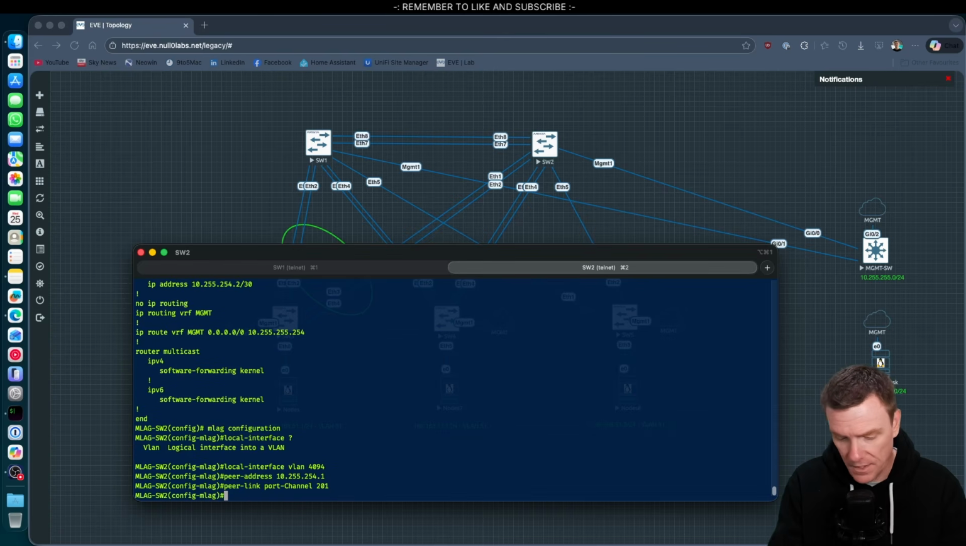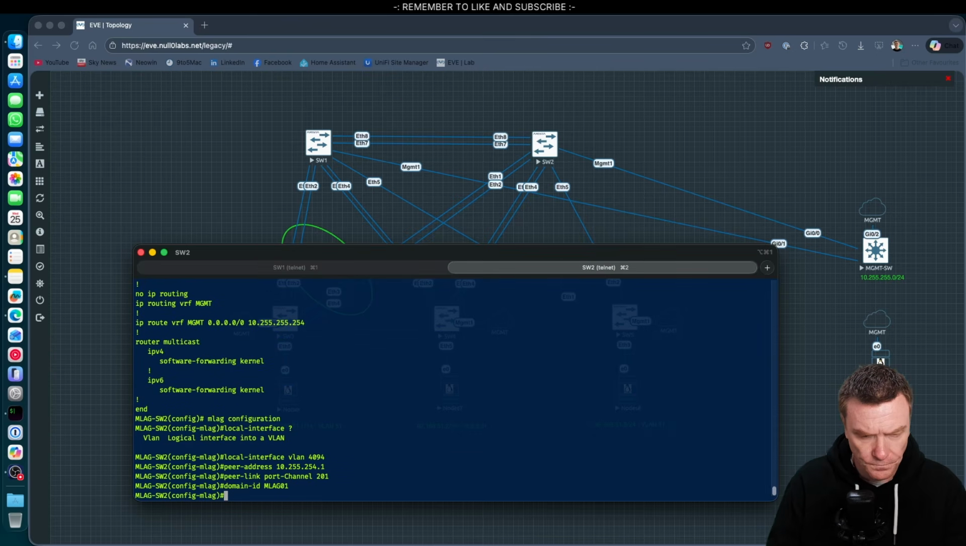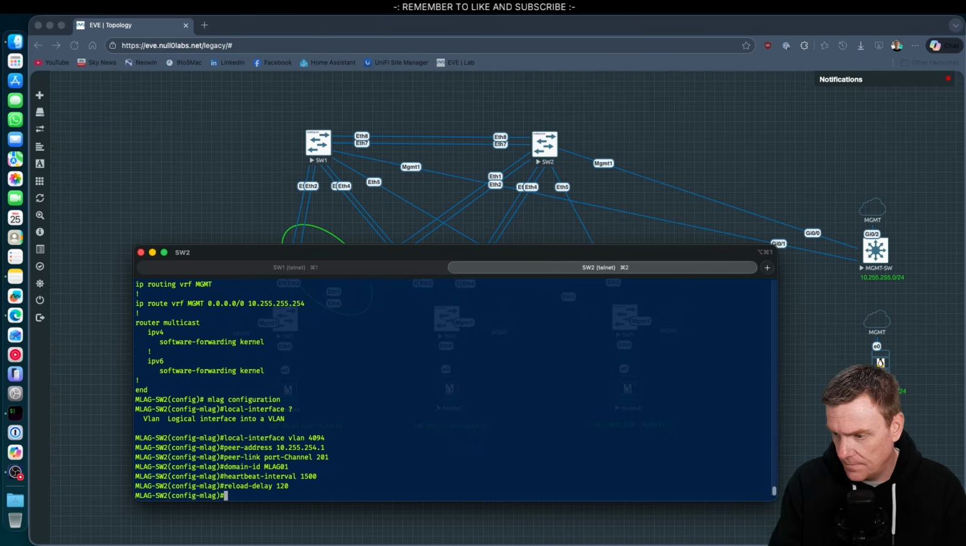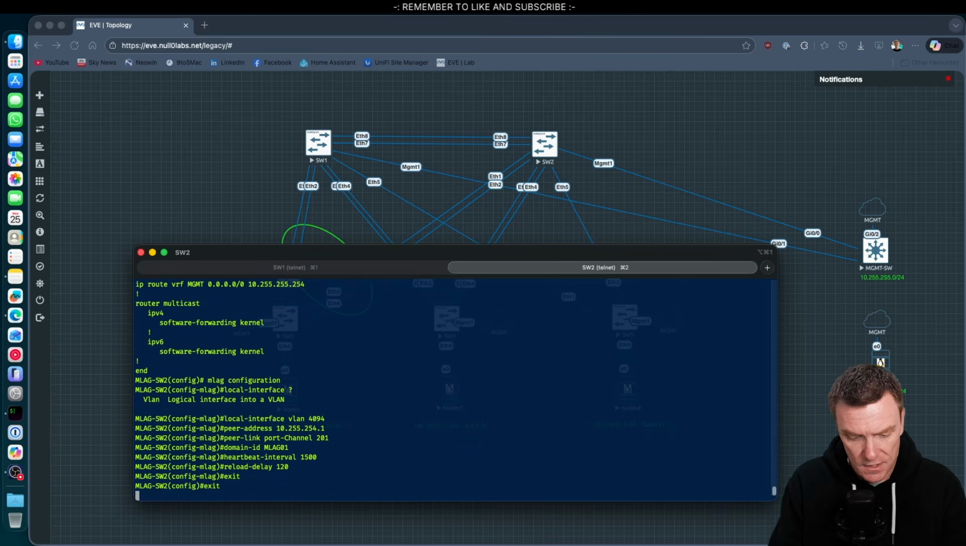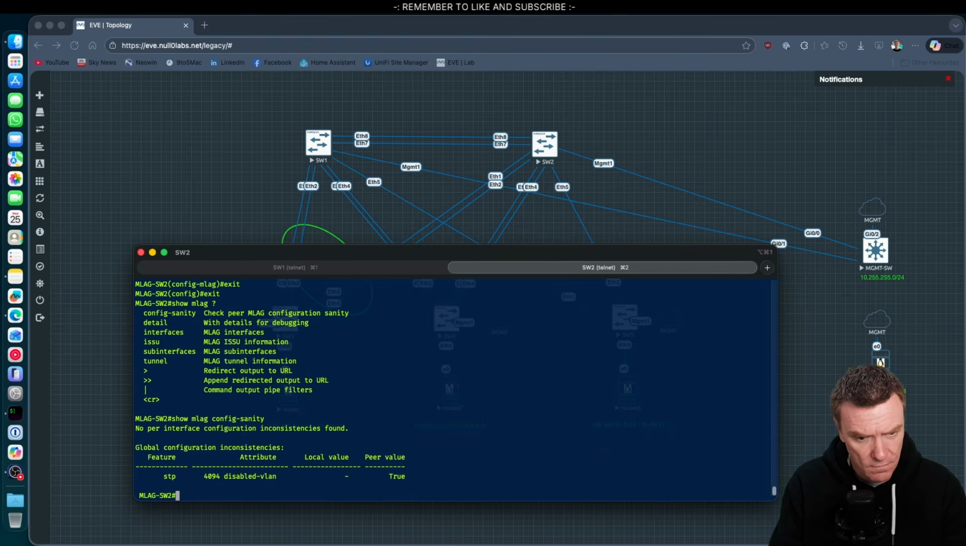And then the domain ID was mlag01. I take it this is going to have to match mlag01. And then we said the heartbeat interval was going to be 1500 and the reload delay of 120. So that should be it. So now if we do a show mlag config sanity check,